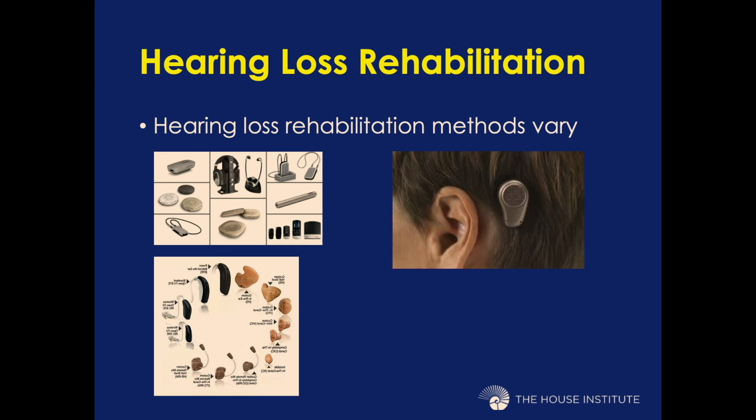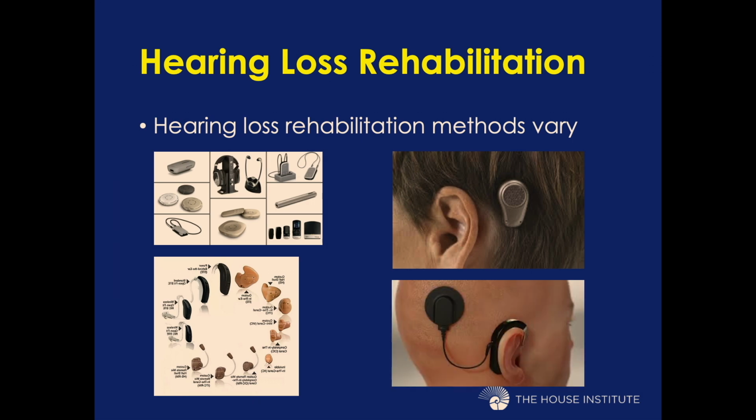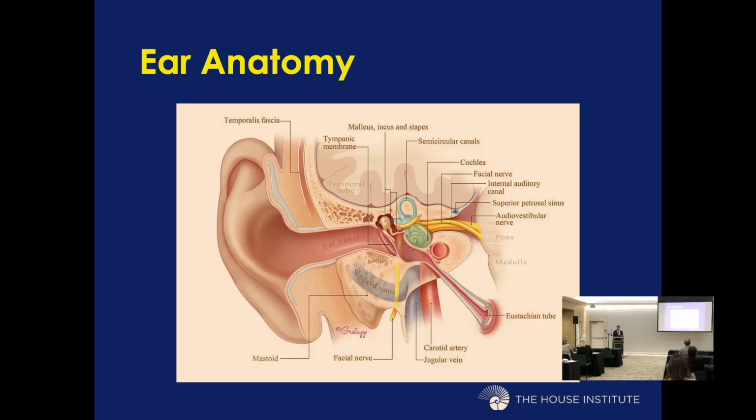Then you have the option of implantable hearing devices, and obviously in certain cases you have the option of cochlear implantation. So oftentimes we are trying to either amplify sounds and improve hearing by bypassing the middle ear, or by assisting either the conductive mechanism or the sensorineural hearing at the inner ear level with the different rehabilitation methods